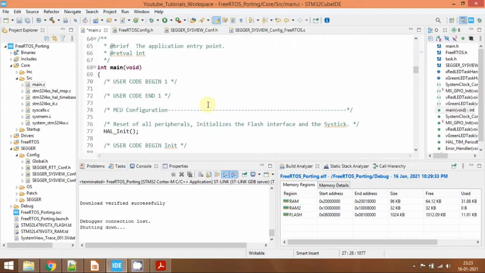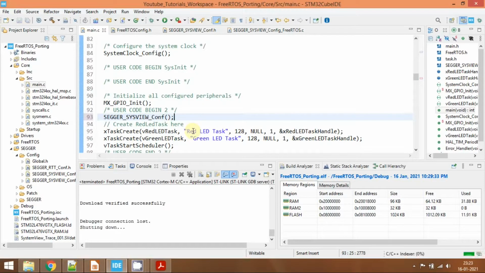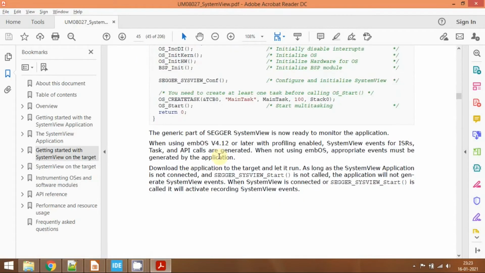I'll call this. We need to call this API before the task creation or before the start of the scheduler. So I have created it here. Save it here.